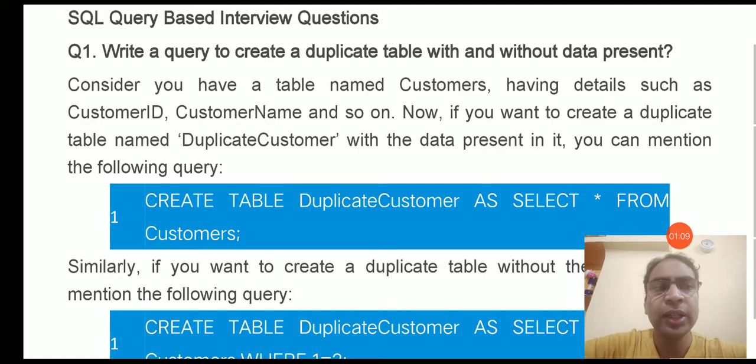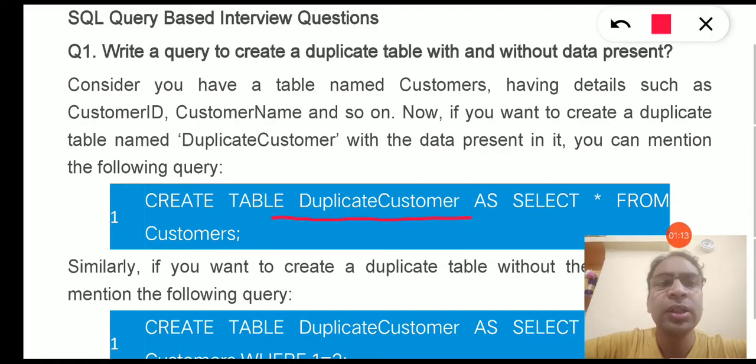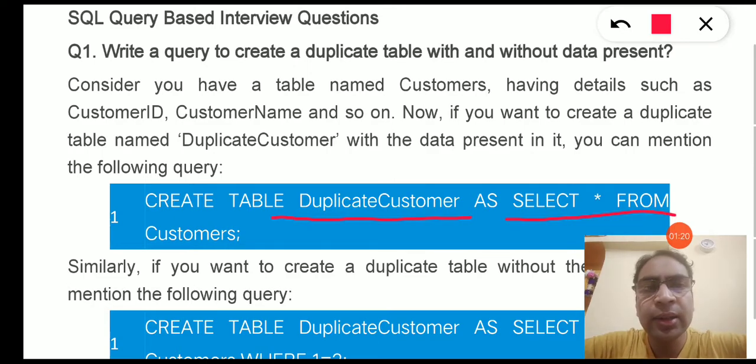This is the duplicate table, the name of the duplicate table here. This name can be anything. Now this will be the query that will select all data or all rows from the particular table. So we have written the query select asterisk from customers.